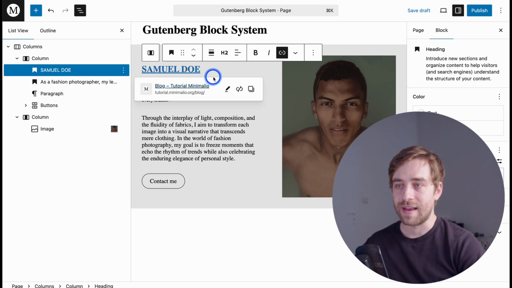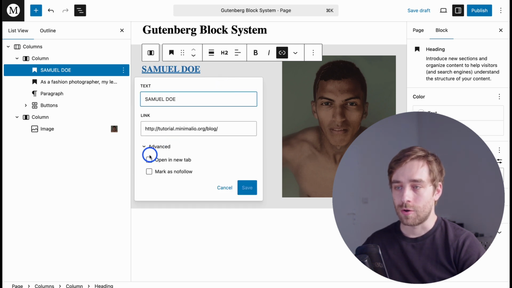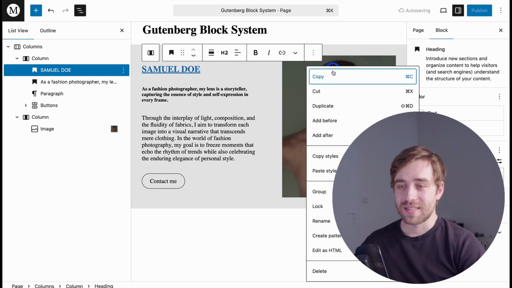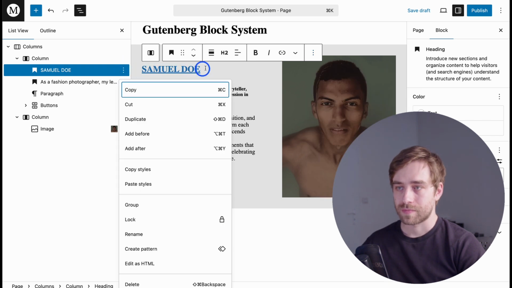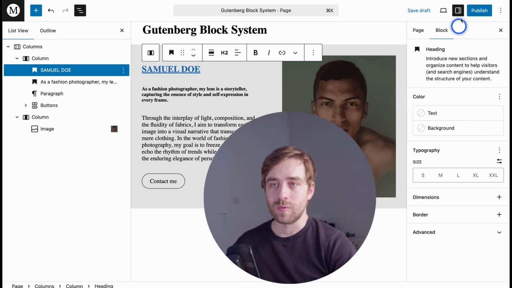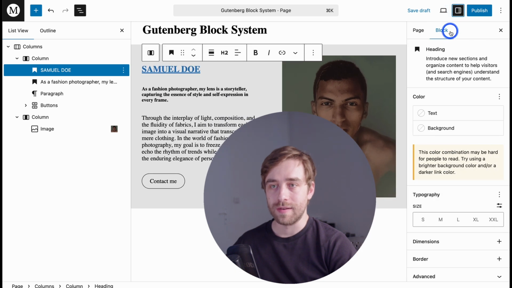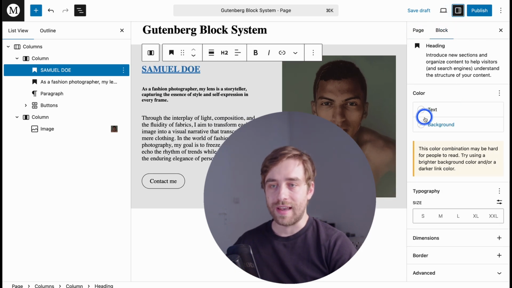Plus, when that happens, I get this edit link and I have the options of setting it in a new tab. Plus, options here that are identical to options here. Now in this section, when I'm in the right side panel and I'm in the block section, you got again